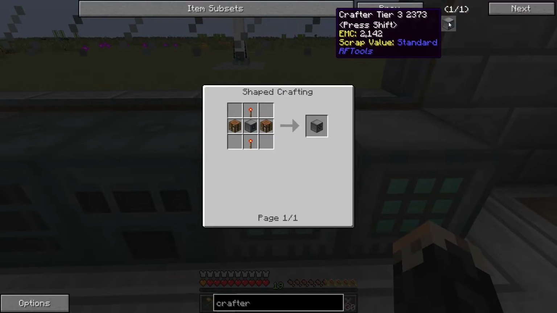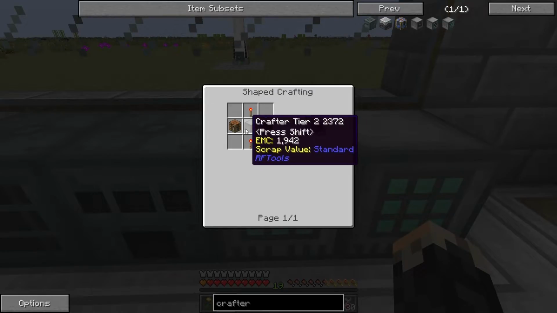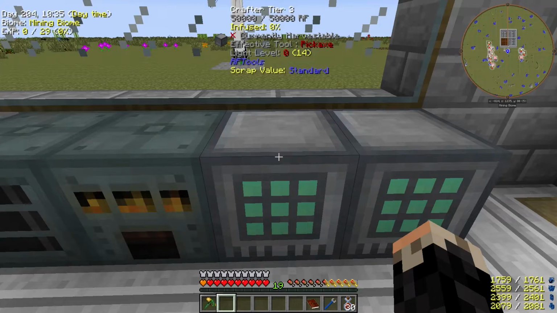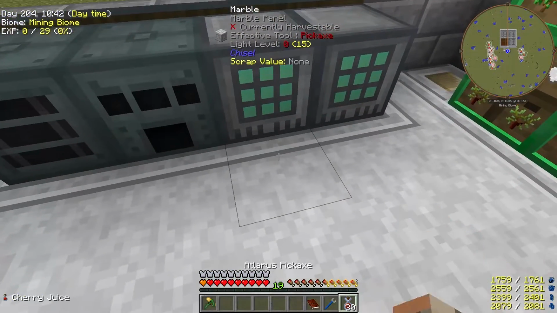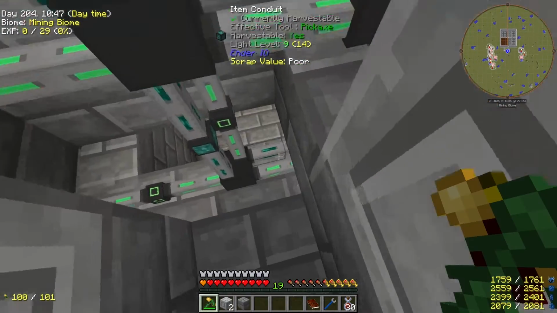And then I've made it up to a tier 3, which allows you to have 8 recipes. And again, it's the same upgrade with the machine in the middle. It's very cheap for a very powerful machine. And what that's doing is it's pulling out of these drawers. If I open up the bottom here a second,